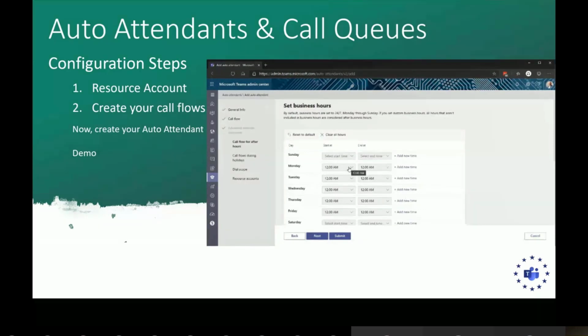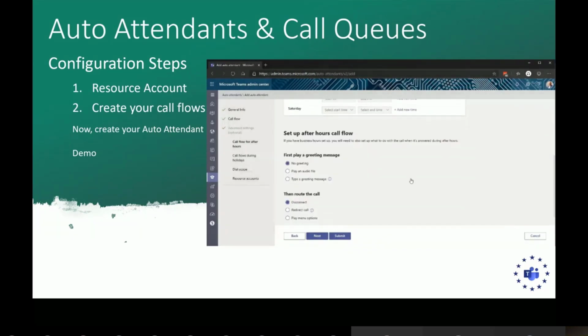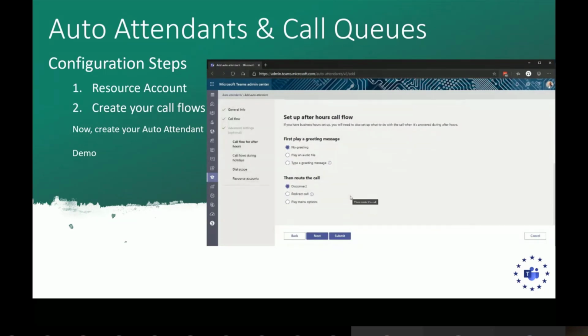Now you determine your business hours. So you might have different business hours requirements for different days. And you can add multiple business hours to each day. So if you have a lunch break, for instance, you can say we're open from 9 to 12, and then from 1 to something else. And then the business hours determine the types of routing. So you can have in-hours call flows. And you can do things like greetings and more redirect options. Again, I'm trying to keep it quite simple here in the interest of time.